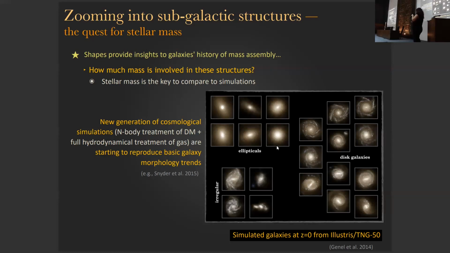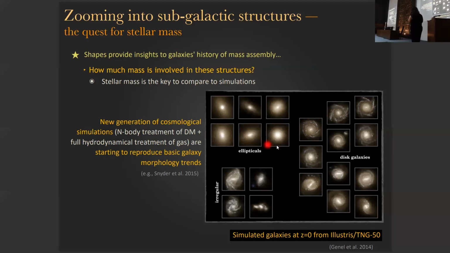This is something that is happening more and more, and it is an amazing thing. There have been very many generations of simulations, but the new generation of cosmological simulations have been including a very detailed treatment of gas, what actually happens to gas, instead of maybe slapping down recipes of what happens, just really a full hydrodynamical treatment. And we're starting to reproduce with simulations many of the characteristics and morphological trends that are observed in galaxies.